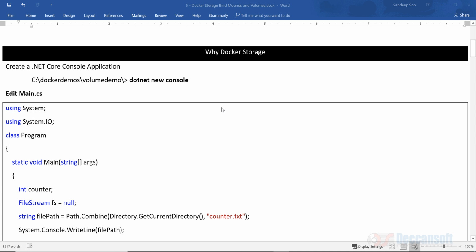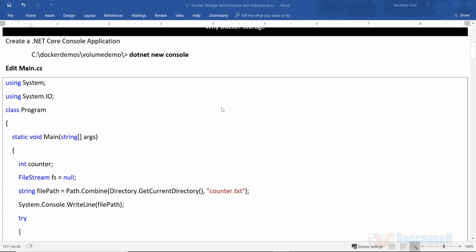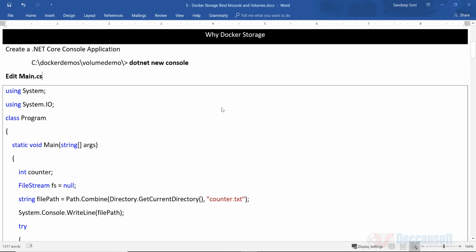But first let's understand why we need Docker storage. For this I prefer beginning with building a simple console based application. I would like to practically demonstrate the limitation and then provide you the solution to the problem. So let me begin with